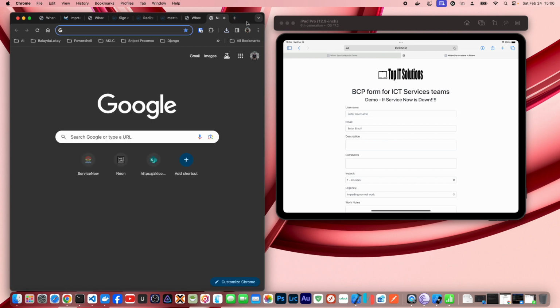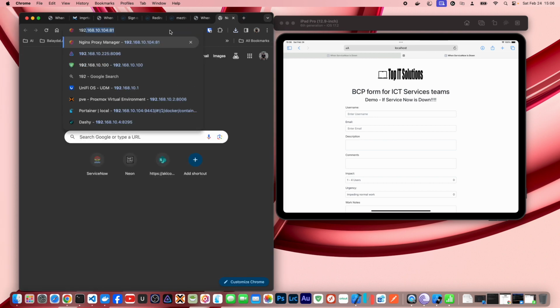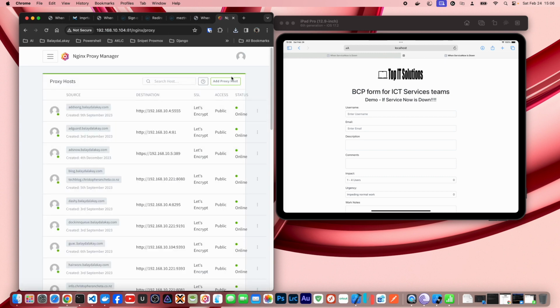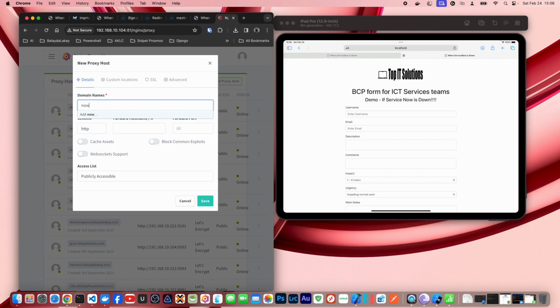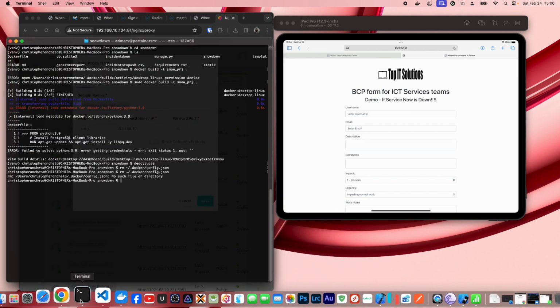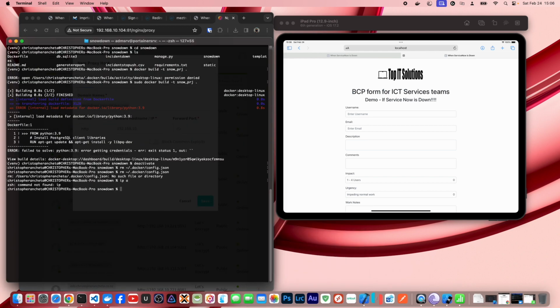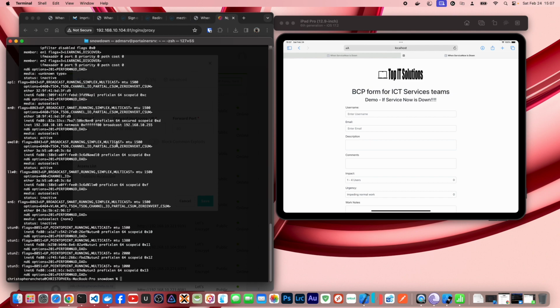Also, if you have a proxy like Nginx Proxy Manager, you can actually add a proxy host for your domain. My domain is Christopher. Oh, this is my other domain. Add it, and then forward the port to the IP. What's my IP? Let me check the IP that's running. ifconfig. It's running on